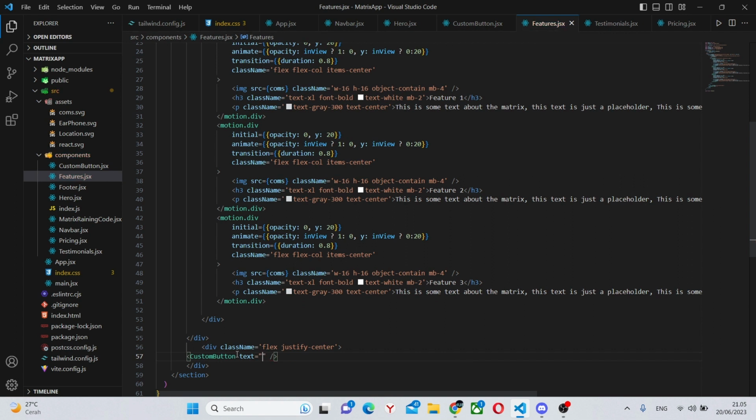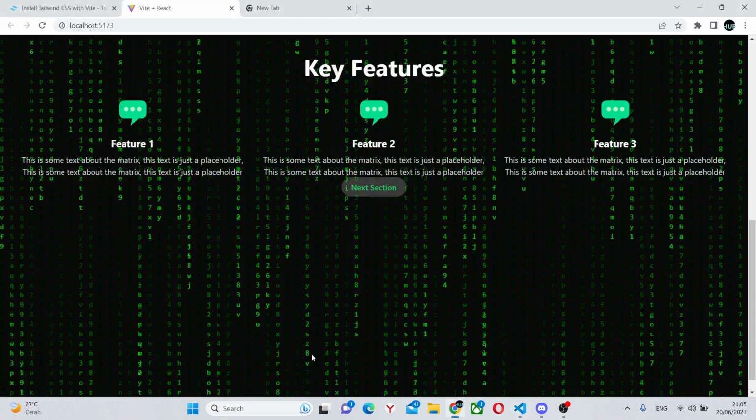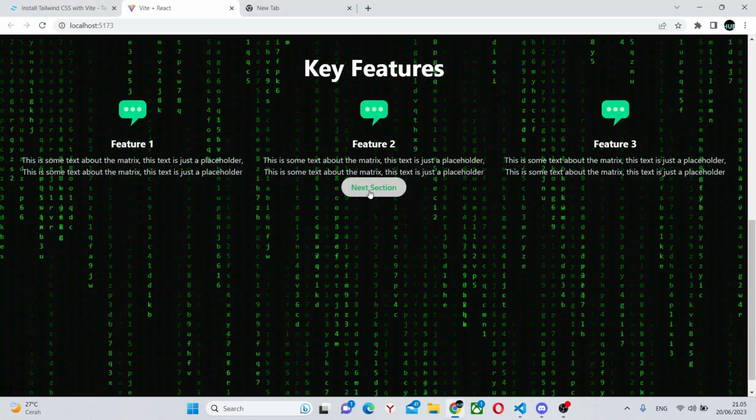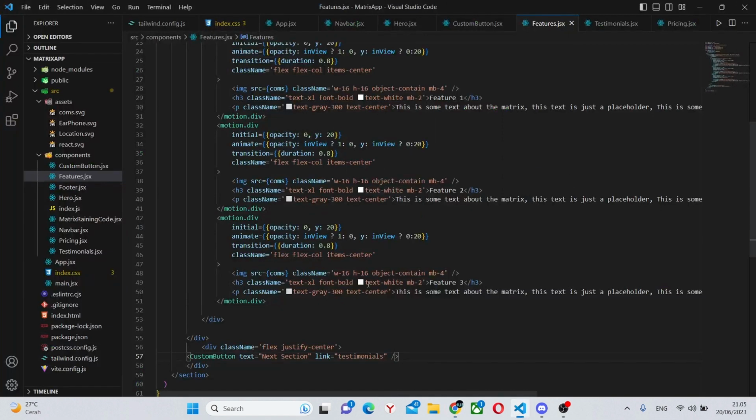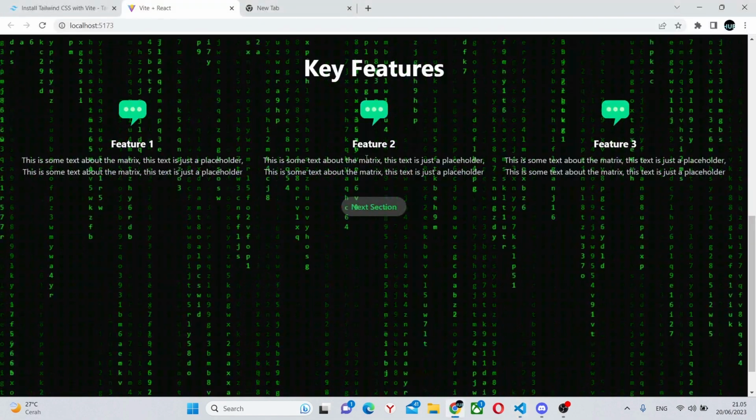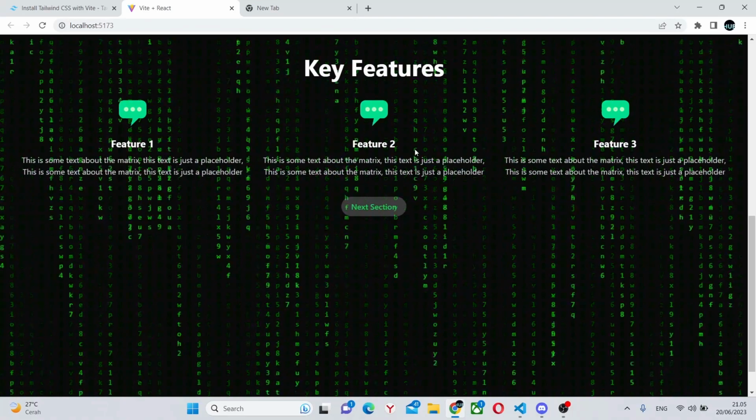The text is going to be next section, and the link is going to be testimonials. For now, nothing will happen when we click on the button because, well, we don't have a testimonial section yet. We can also say margin top -5 maybe, or 10 better, to give it some space with the other features.